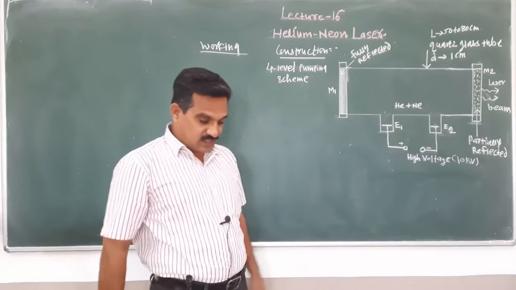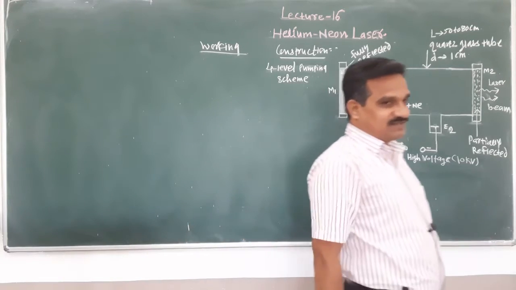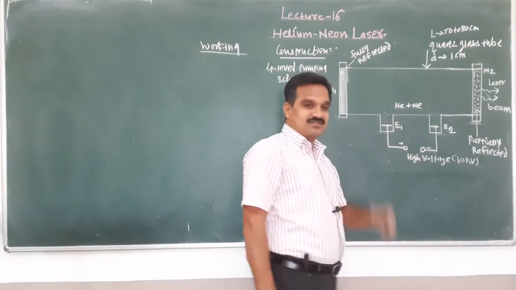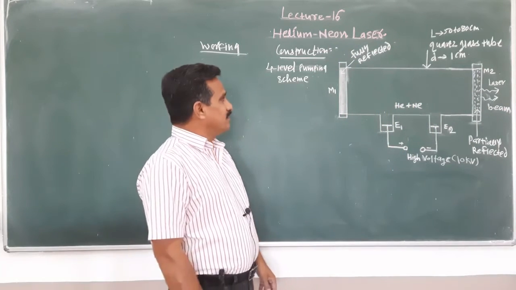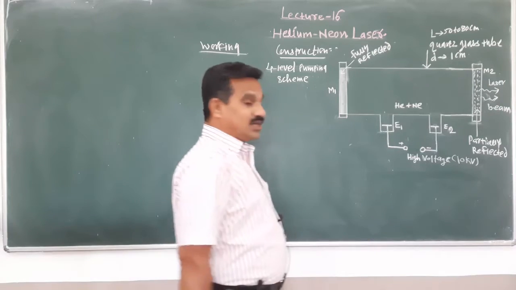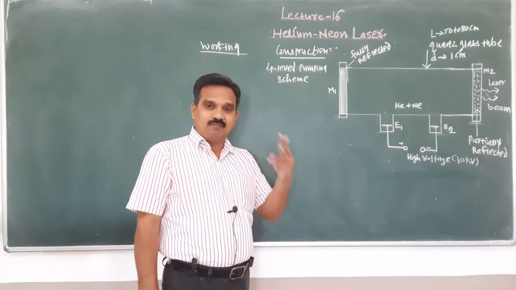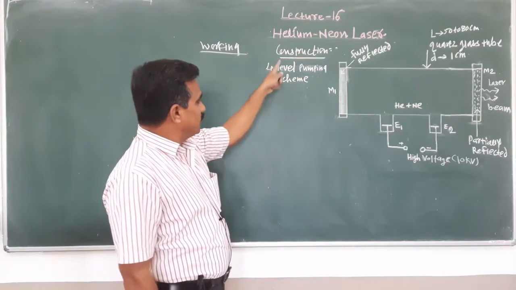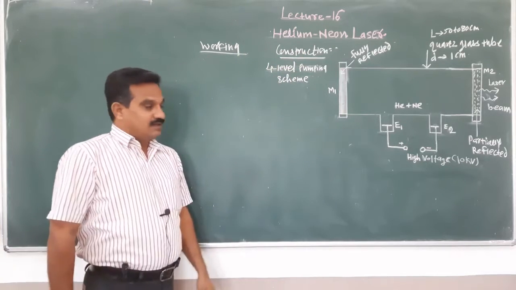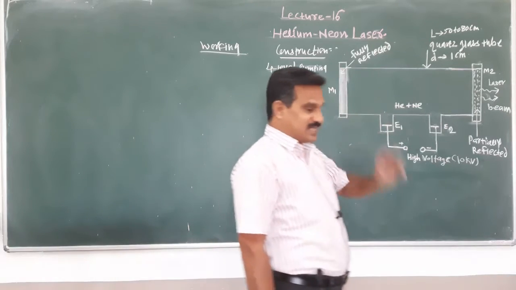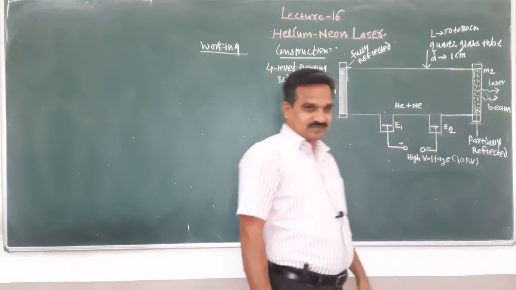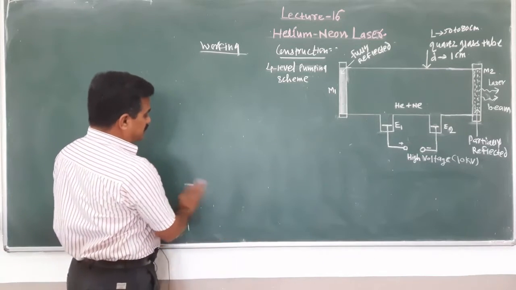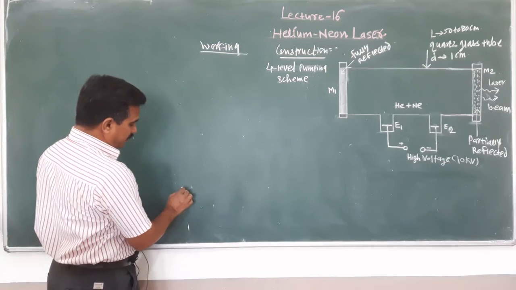What is the first difference? Ruby laser uses optical pumping. Helium neon uses electrical pumping. Ruby laser employs a 3-level pumping scheme and helium neon laser employs a 4-level pumping scheme. Here is actually the mixture of the 2 gases, helium and neon. Helium and neon. When we consider it from an explanation point of view, suppose